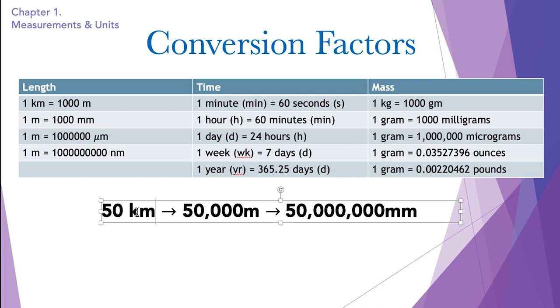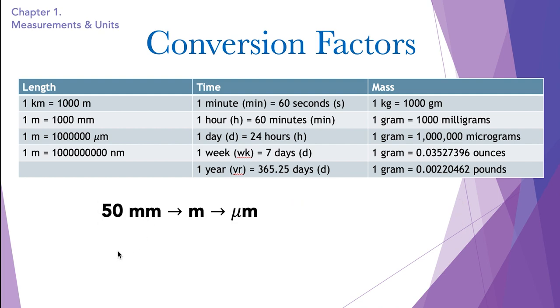Now say for example, I have millimeters here and I want to convert these millimeters into micrometers. Then again, because I'm not converting into a base unit or from a base unit into a desired unit, I have two different types of units. Millimeters into micrometers, none of them is the base unit. So if I'm converting millimeters into micrometers, I would first need to convert millimeters into meters and then convert the meters into micrometers. Now, the conversion factor of millimeters and meter is 1000. 1 meter is equal to 1000 millimeters. So I would